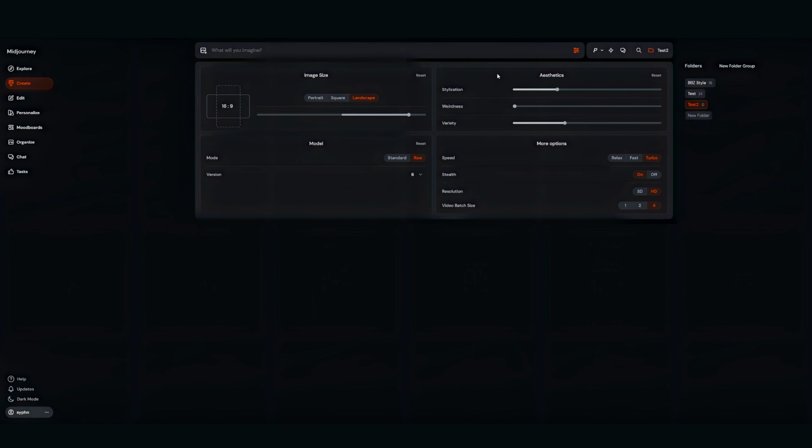Essentially, what you're looking at here is you can give the AI more liberty to go crazy with whatever prompt or images that you feed it. So the stylization, it'll basically take the style that you've requested and it'll iterate on top of it. And the more that you put the style up, it'll get farther and farther away from what you ask from it, and you give it more liberties.